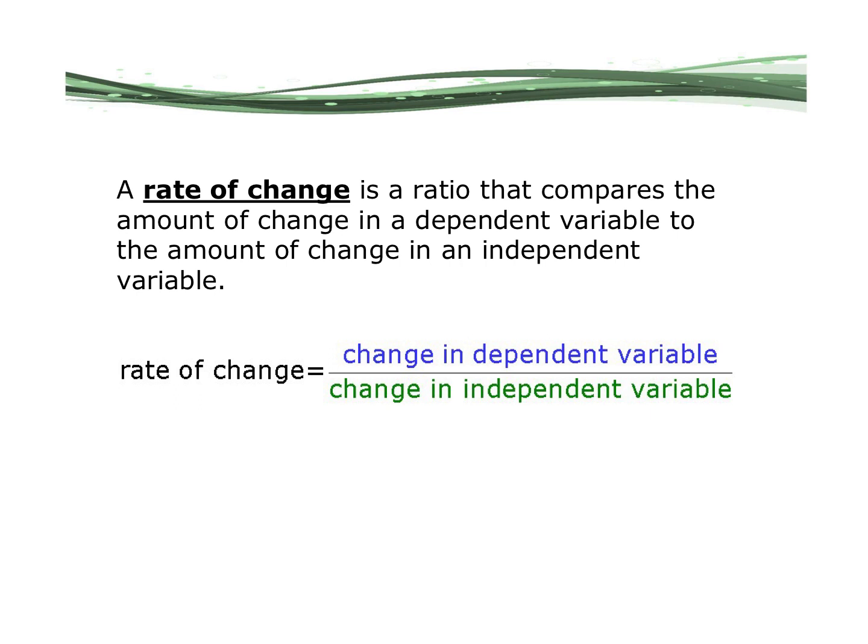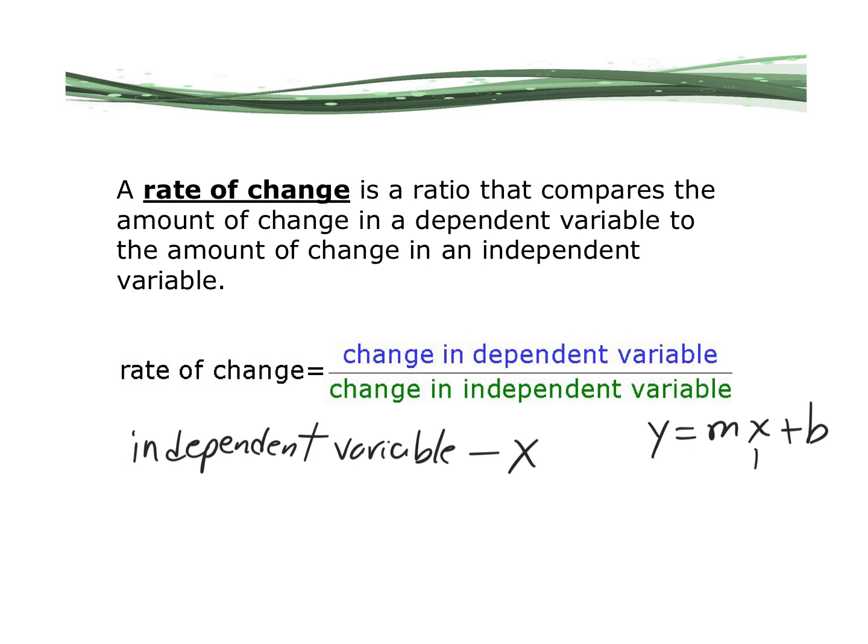So the first one, a rate of change is a ratio that compares the amount of change in the dependent variable and the amount of change in the independent variable. The rate of change equals change in dependent over change in independent. Now remember, the independent variable is always the x when it comes to an equation like we have seen before. Like this would be the independent, and the dependent variable